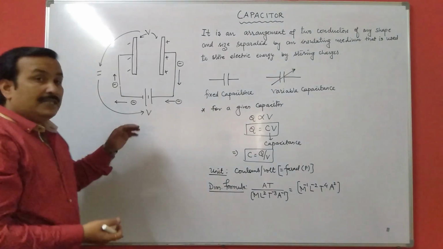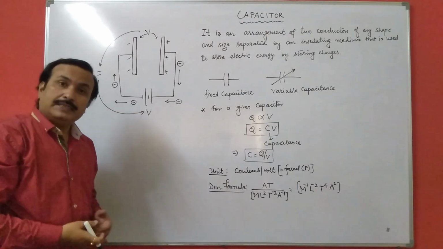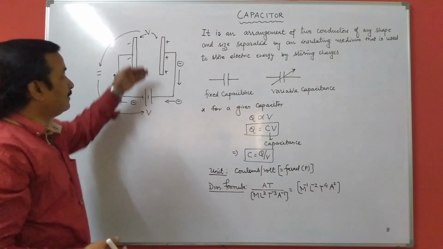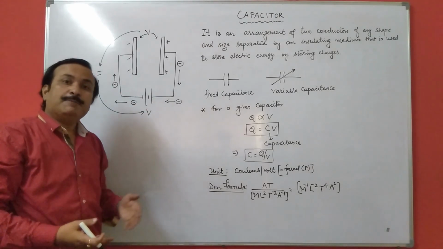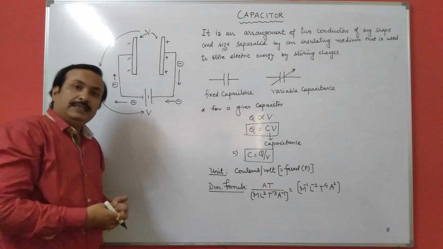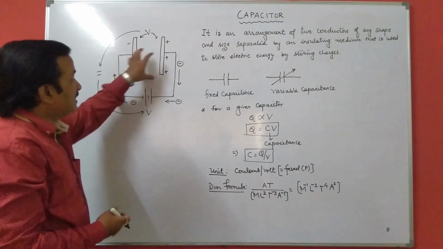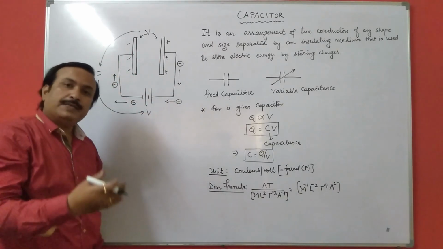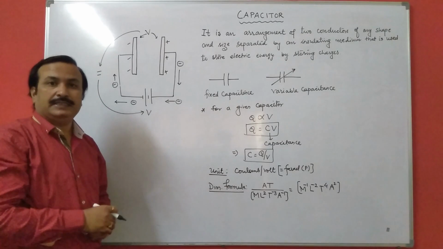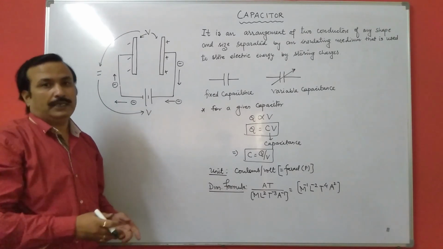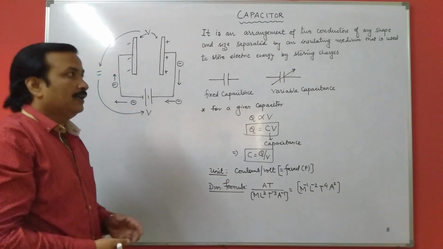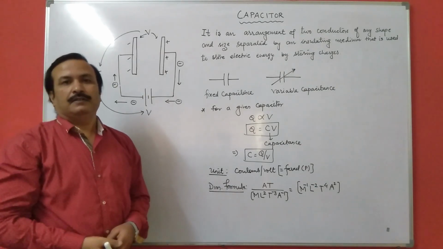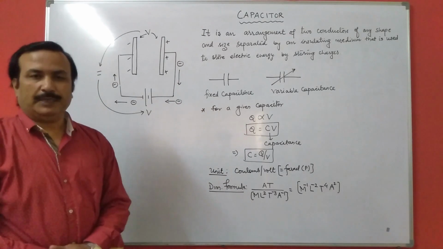राइट? अब यदि मान लीजिए हम इसकी कैपेसिटी और बढ़ाना चाहते हैं, आपने तो बैटरी लगाई, उसके बराबर ये चार्ज हो गया, उसके पोटेंशियल के बराबर चार्ज हो गया. यदि आप इसकी बैटरी हटा दें तो फिक्स्ड कैपेसिटेंस आपको मिलेगा. लेकिन आप कैपेसिटर की यदि कैपेसिटी को और बढ़ाना चाहते हैं तो क्या करेंगे? उसके लिए we will see in the next video, the next topic, how the dielectric works in case of capacitors.